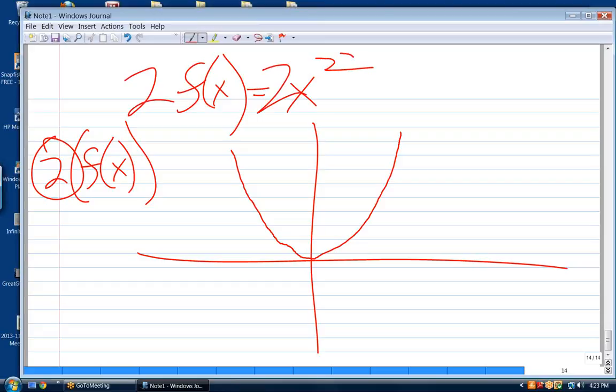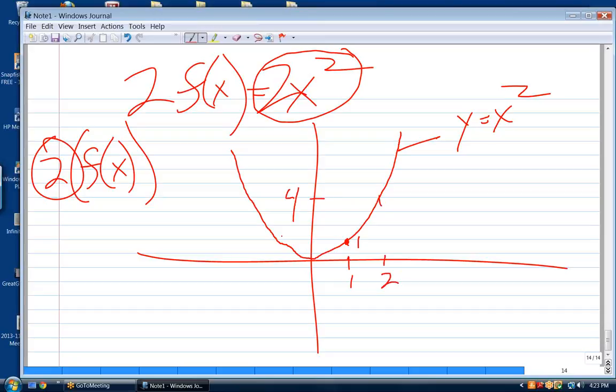Now, notice how I would plot this. This original function is y equals x squared. So when x is 1, y is 1. When x is 2, y is 4. If I multiply everything by 2, then when x is 1, y is going to be 2. It would be that point there. And when x is 2, y is going to be up here, twice as high. So if I were to graph that,